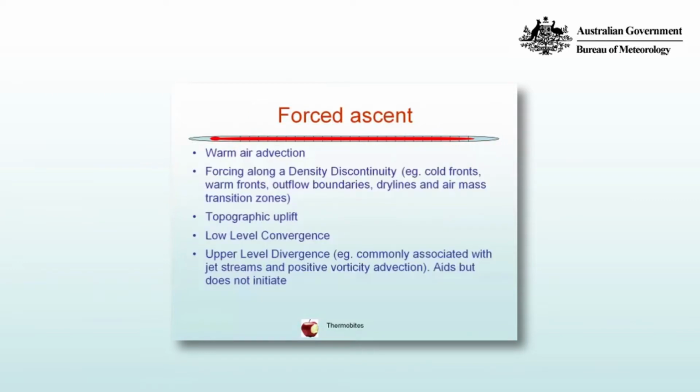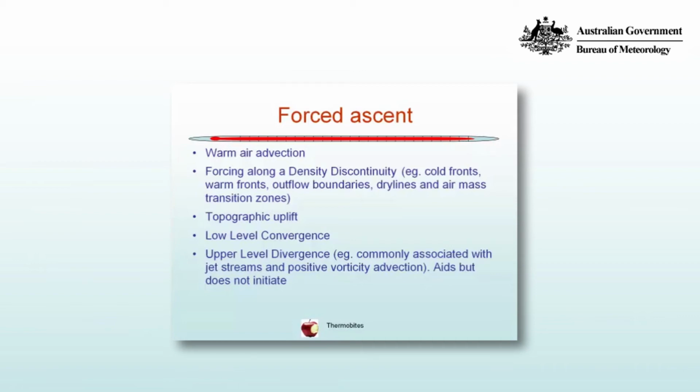Forced ascent occurs via warm air advection, which we'll examine in another video. By forcing along a density discontinuity, so air being forced up by a cold front, by a warm front, by outflow boundaries from thunderstorms, by features known as dry lines or inland troughs, and air mass transition zones, like sea breezes, for example. Forced ascent occurs due to topographic uplift, so air that blows up or onto ranges is forced